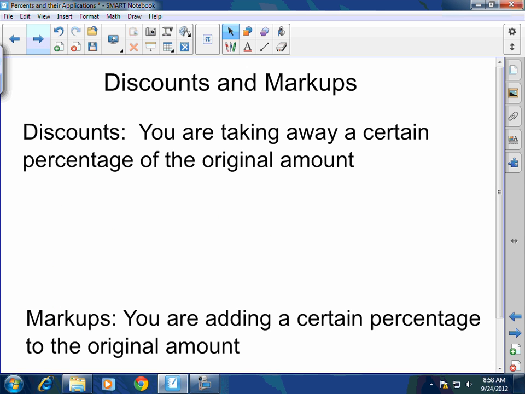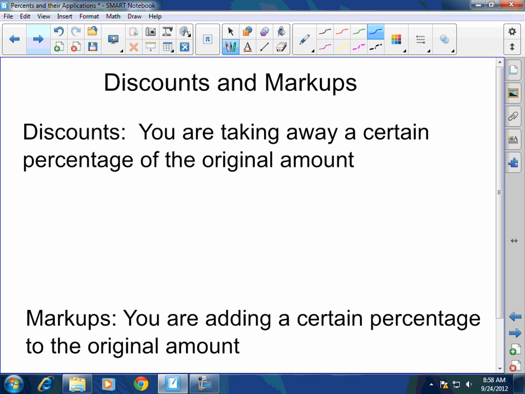Discounts and markups. These are really important. A discount occurs when you're taking away a certain percentage from an original amount. When you go to the mall and you see a 20% off sale, that's a discount. Markups, you're adding the percentage to the original amount. Now, I'm going to show you one concise way to do it all, and I think it's a lot easier